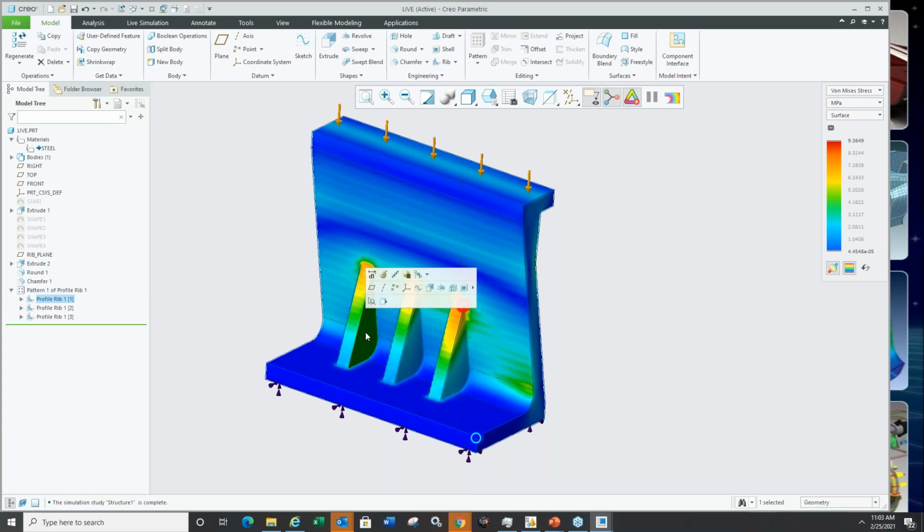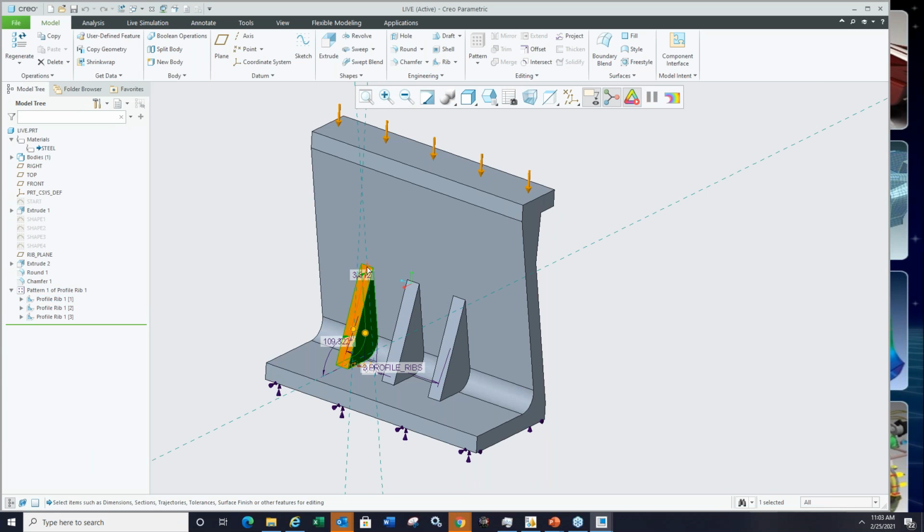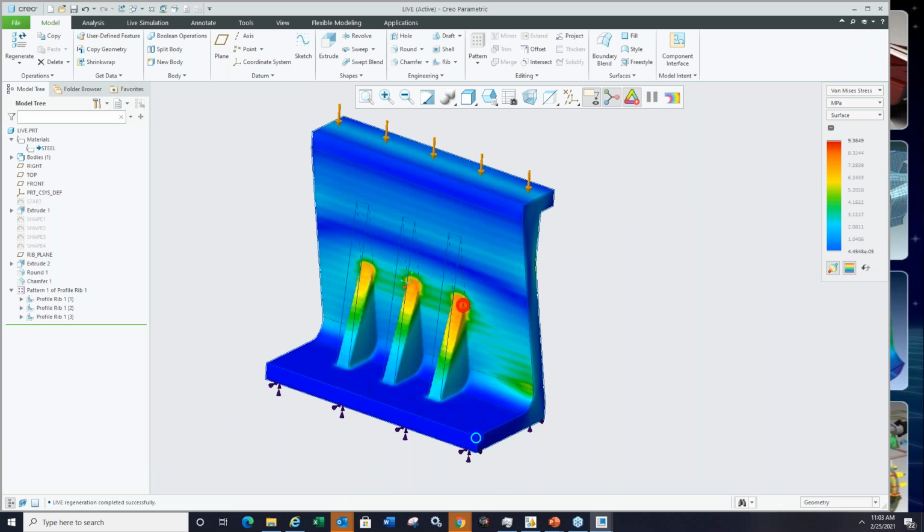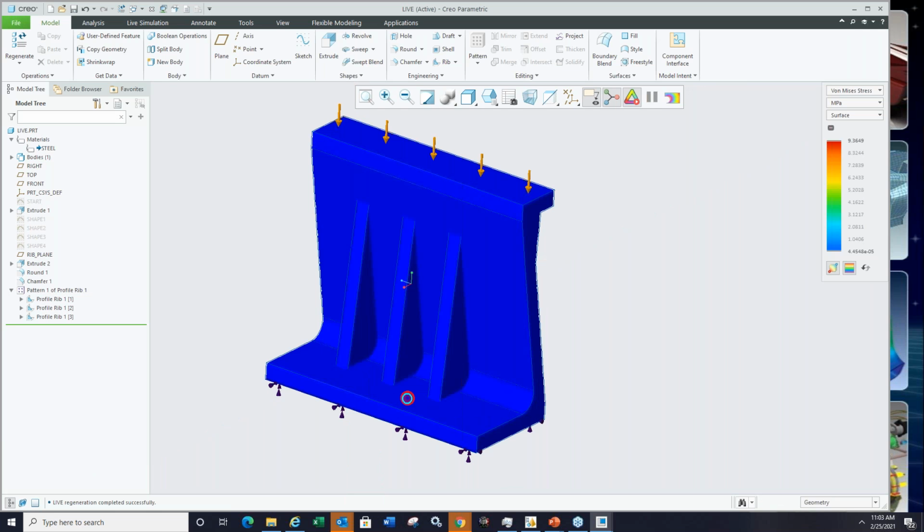I could further improve it by just editing it. I'm sure if you add more material, it should help too, right? Maybe making it less flexible there at the top, when you apply a load in there. So these are the things that